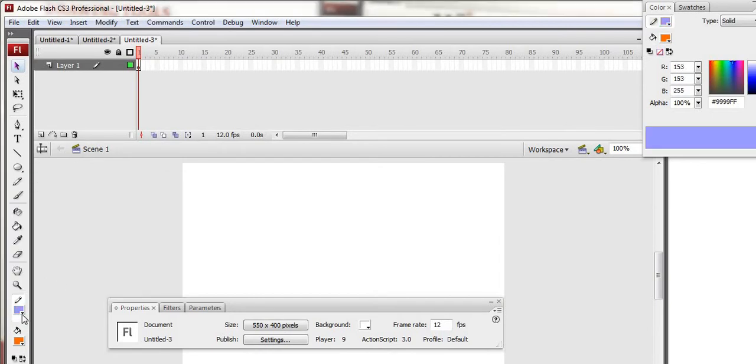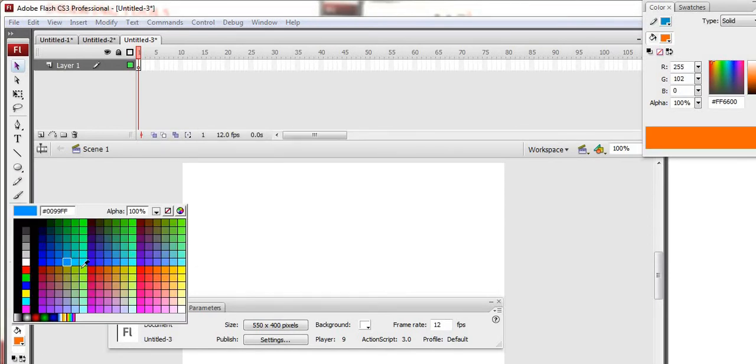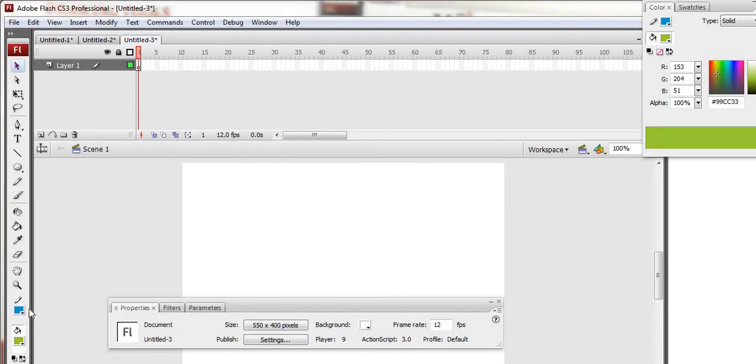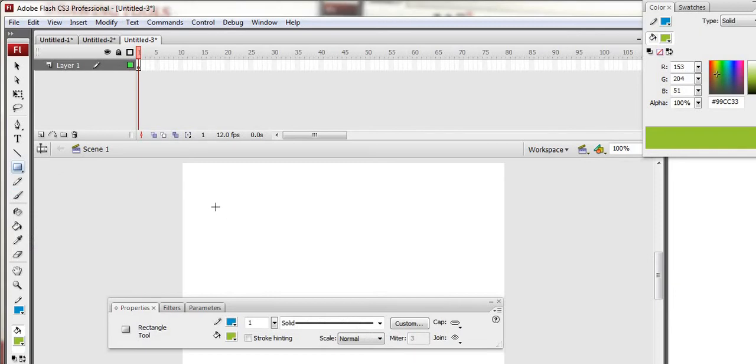So I am changing its color. First I will take the color, this, and suppose I am taking this stroke. So here when you see the cursor, here it is the stroke color and here it is the fill color. Fill color you understand, right? Which is filled inside an object. So when I create using this stroke color and fill color, fill color is green, stroke color is blue, and when I draw a rectangle from this shape tool, see, fill color is green, right? And inside is the color, and the border is what? Blue. So you understood?